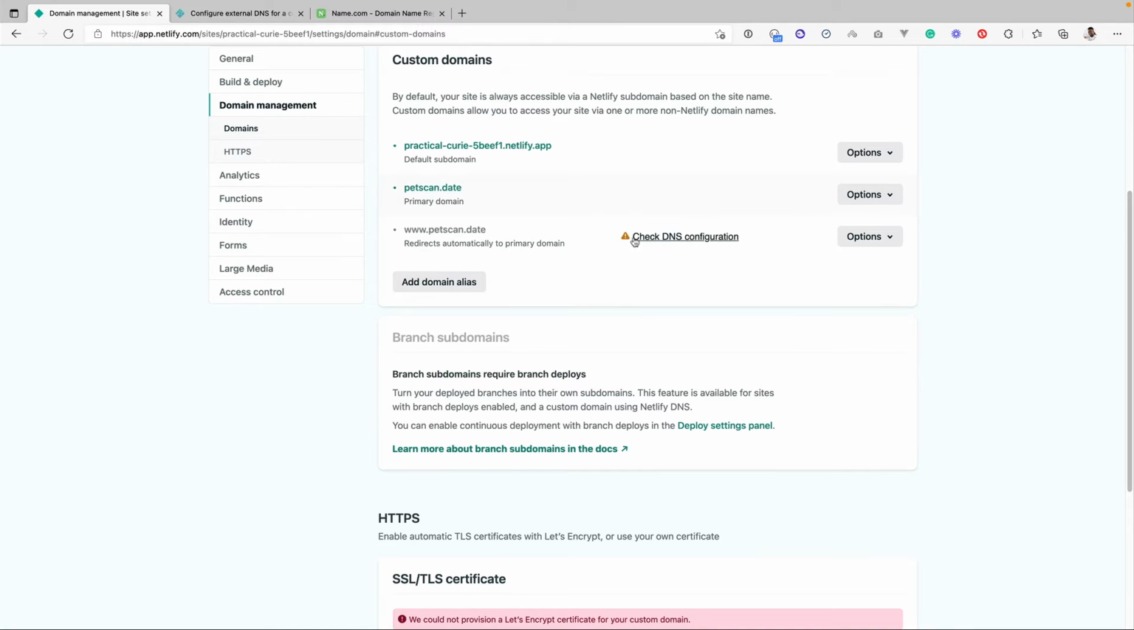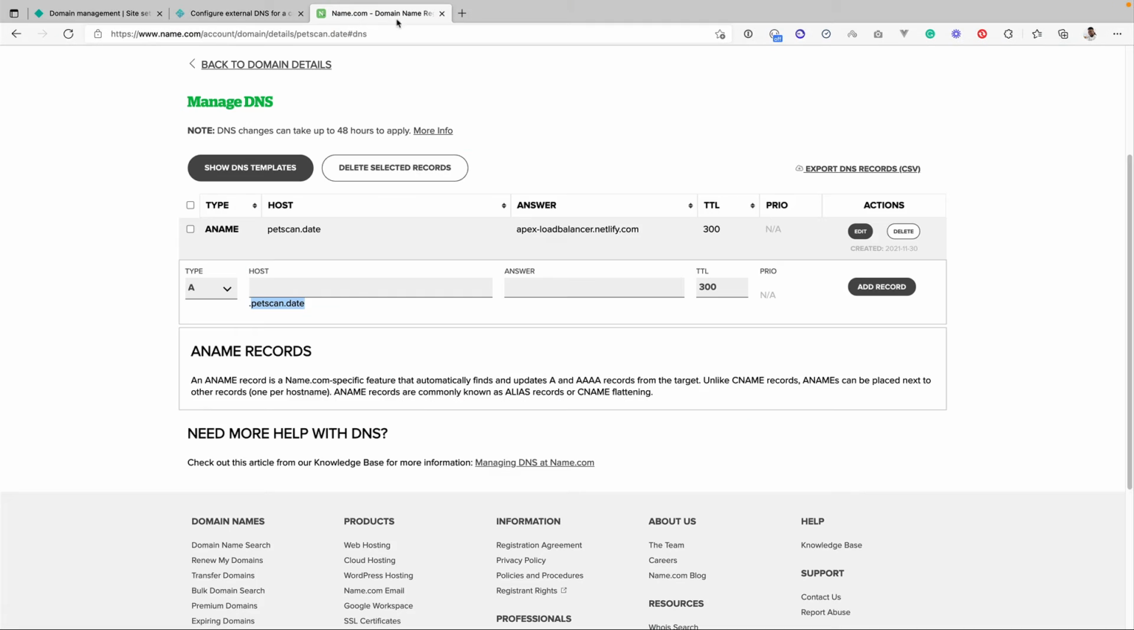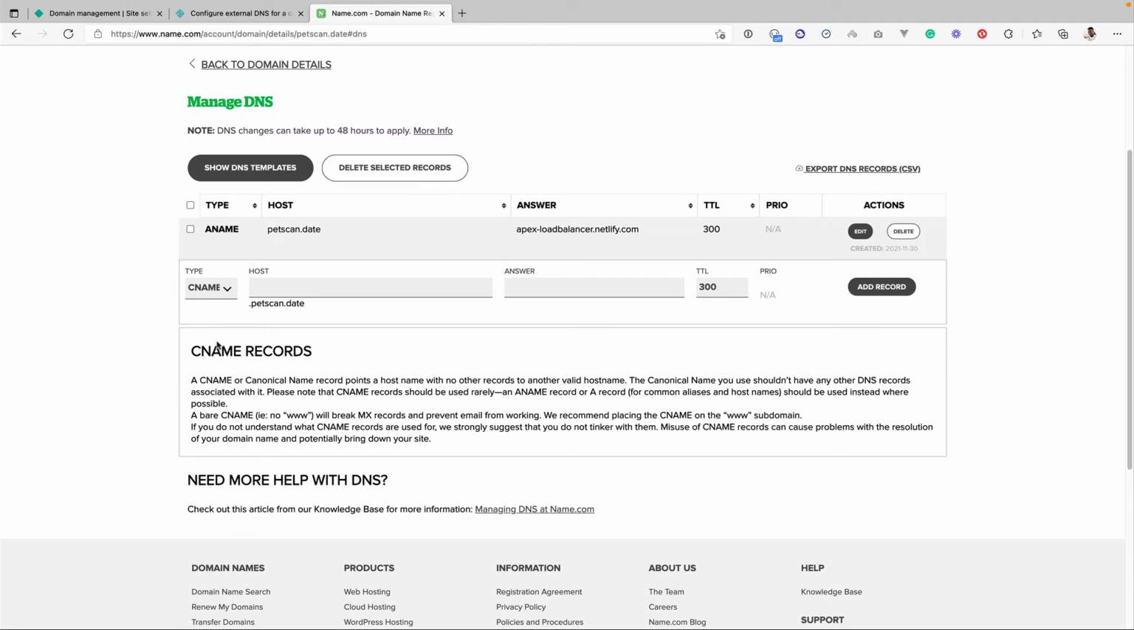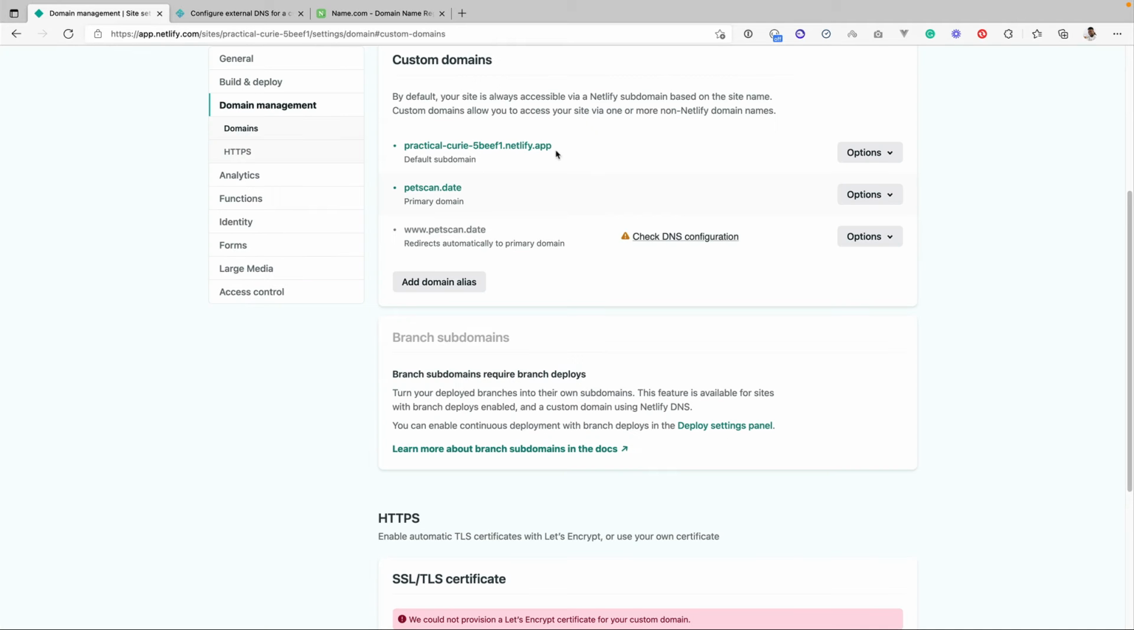So as you can see, it's checking for DNS propagation for the subdomain, which I haven't added yet. So to do that, I'll come back. I'll select a CNAME now because I'm trying to add the subdomain, not the Apex domain. The host is going to be www, and the answer is going to be my Netlify subdomain, which is this